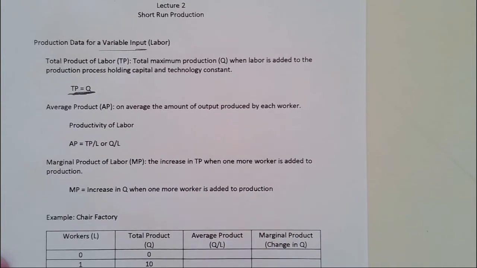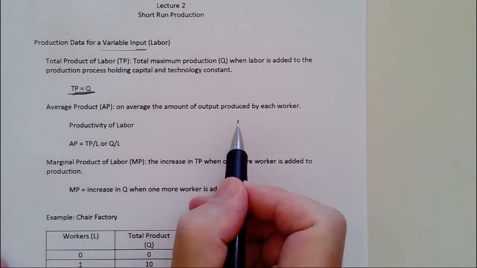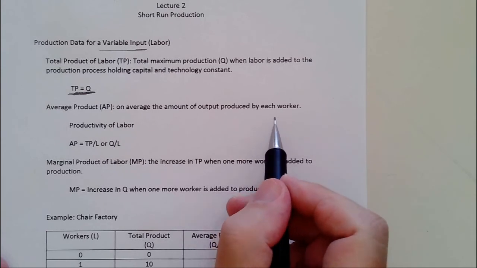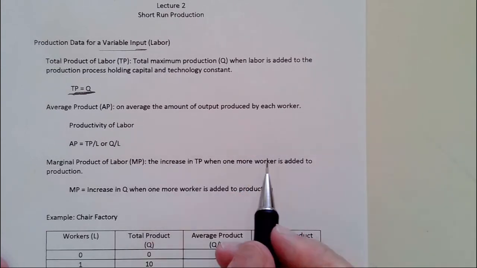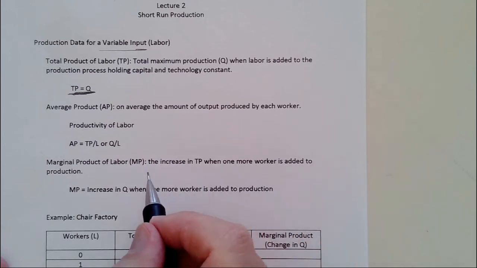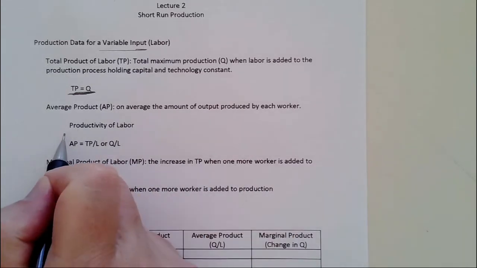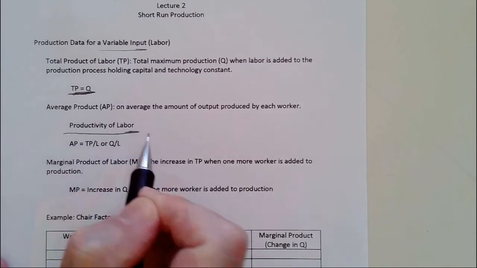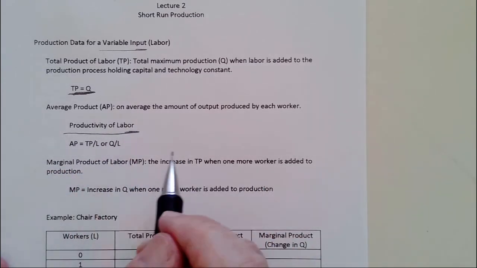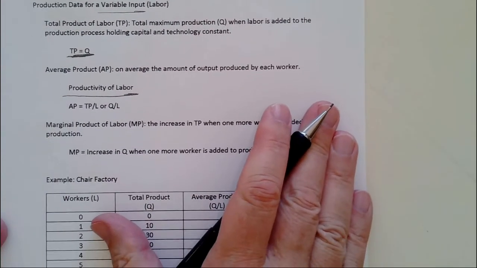Then we want to keep track of the average product. This is the average amount of output produced by each input, the variable input, and we're going to look at labor as being our variable input. So capital will be the fixed input throughout this chapter, and labor is going to be the variable input. And so any kind of a business wants to keep track of their average product, which they might call in the business their productivity of labor. Output per worker hour, output per worker per day, output per worker per week, and so on. And it's a simple calculation.